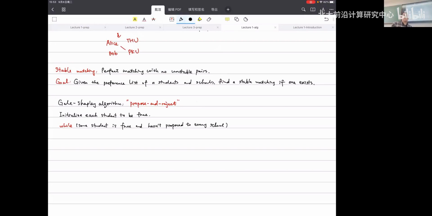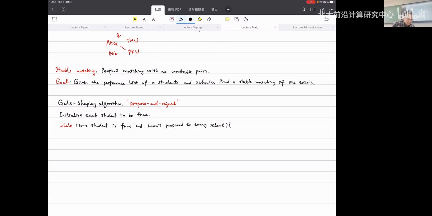I think in general, if you want to think about this kind of problem, there are going to be some iterations, and you have to have some mechanism to assign students to graduate schools. The strategy here is to use a while loop. As long as some student hasn't found a graduate school, there is also some graduate school that hasn't found a student, because they have the equal number. So we just consider such a while loop, and what is really important is what we are going to do inside the while loop. It is going to be something like this.